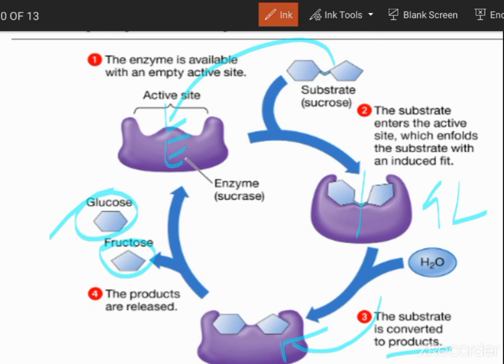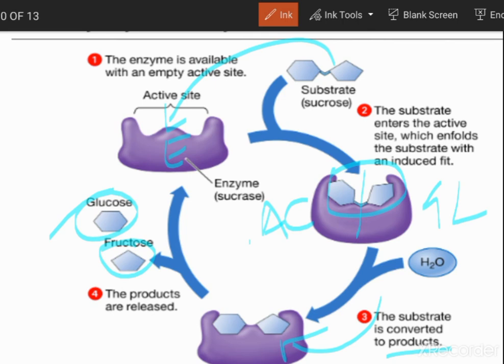First we have an enzyme, then the substrate comes and binds. Usually the enzyme is a large molecule when compared to the substrate. The enzyme is quite large, the substrate is quite small. The substrate comes and binds to a particular area. This particular area, or this pocket, we call the active site of an enzyme, where the substrate binds either by induced fit or by any other mechanism.